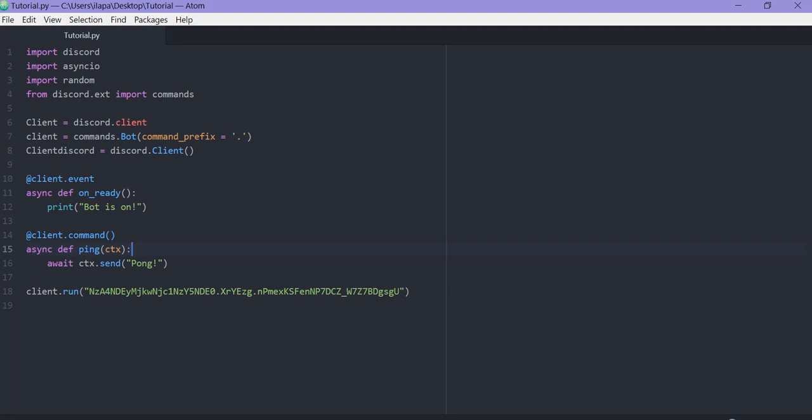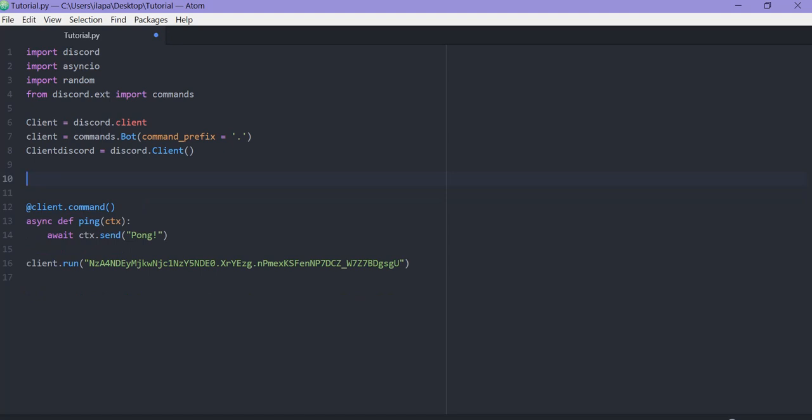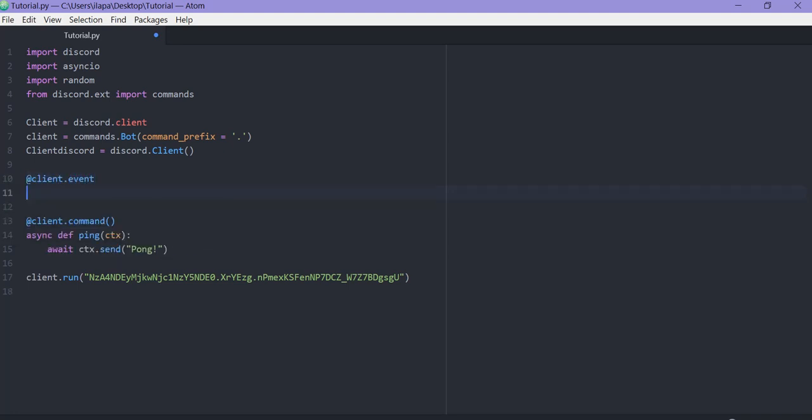So, first, we can just remove this because that's what makes the bot run, and we'll add that in later, but we can just remove it right now. And then, do @client.event and then async def status_change